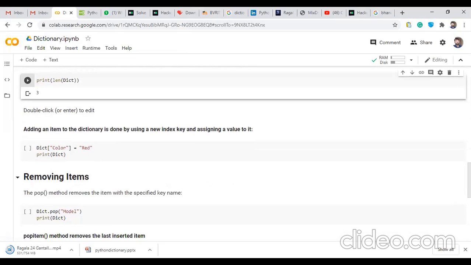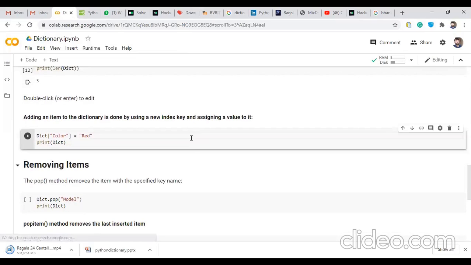How to add a new object to the dictionary? By giving a new key as the index, we can assign a value here. Here color is the key for which you are trying to assign the value red. So the dict dictionary is already available with the respective values.